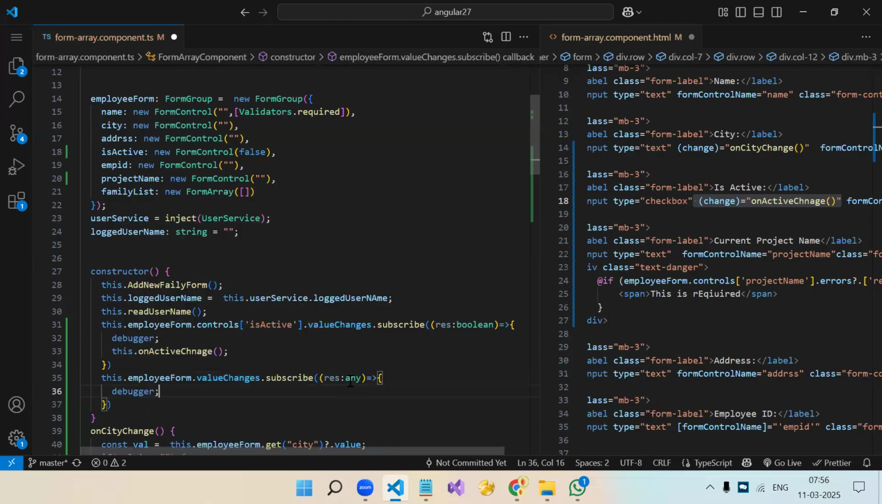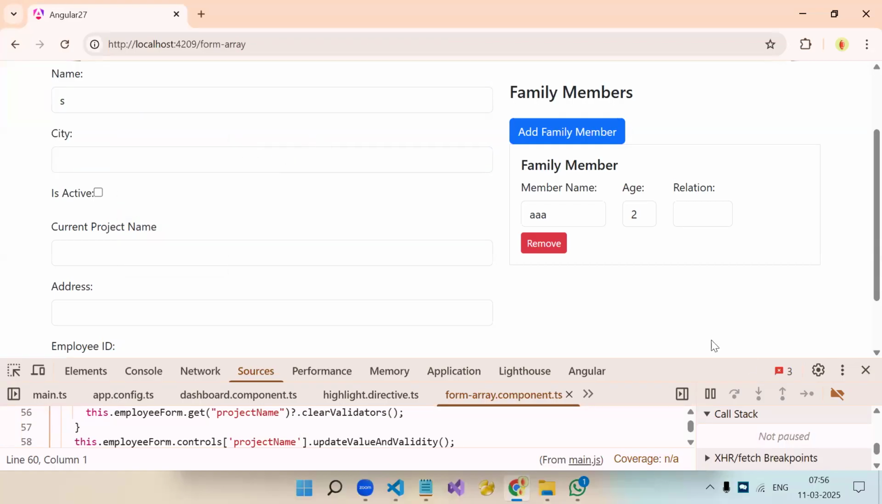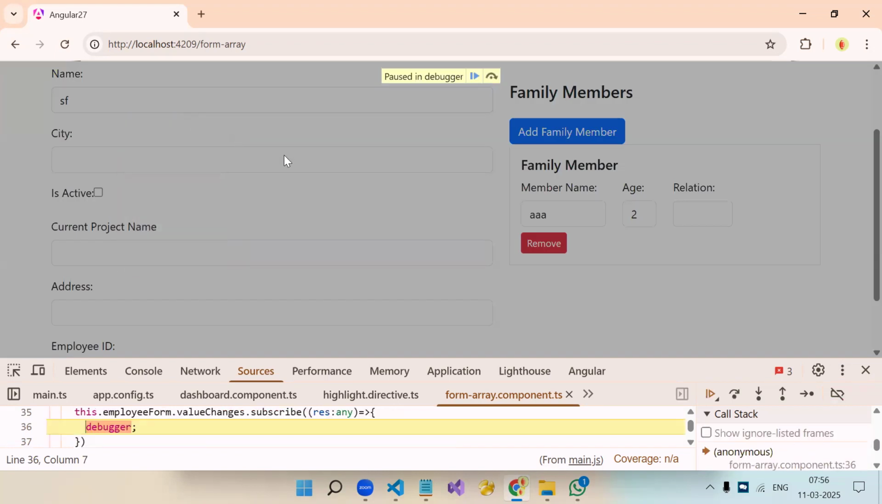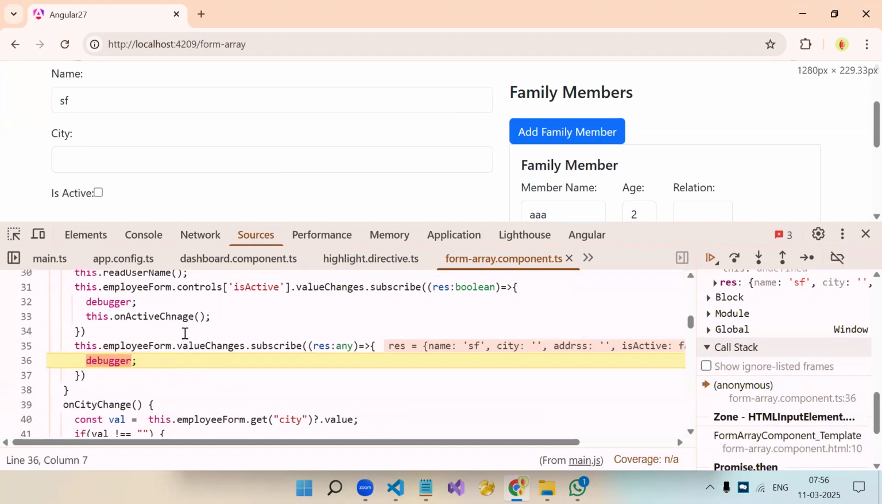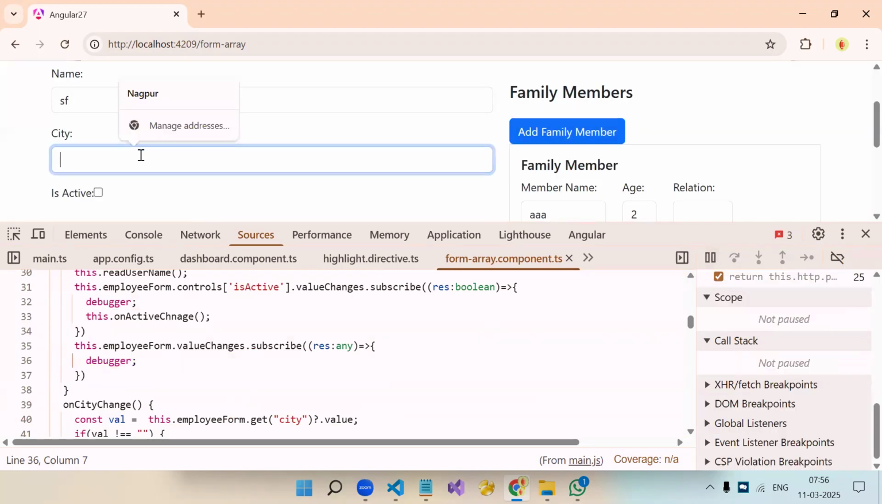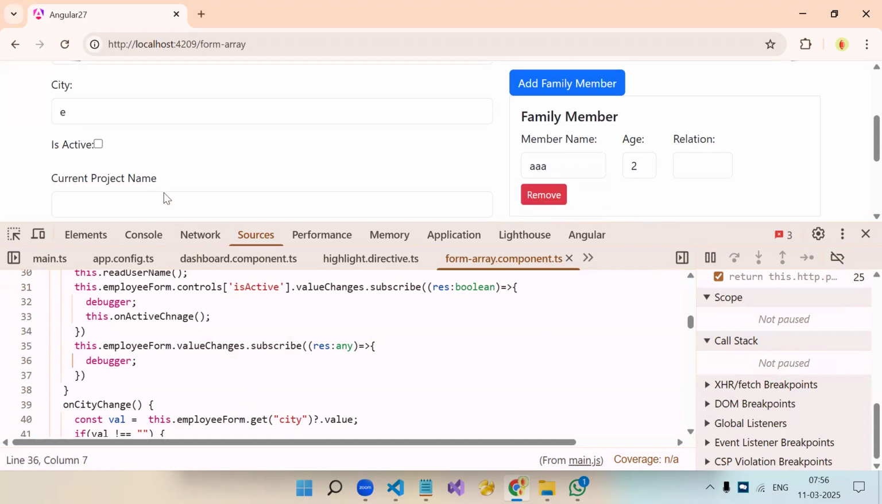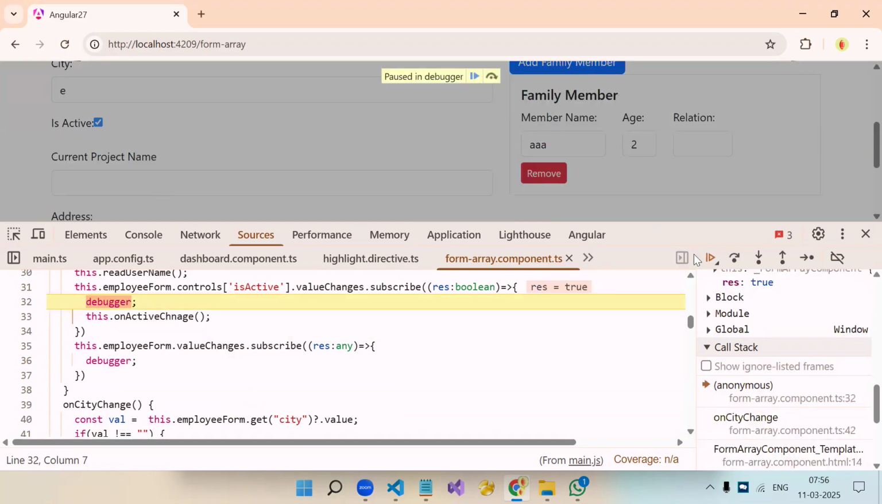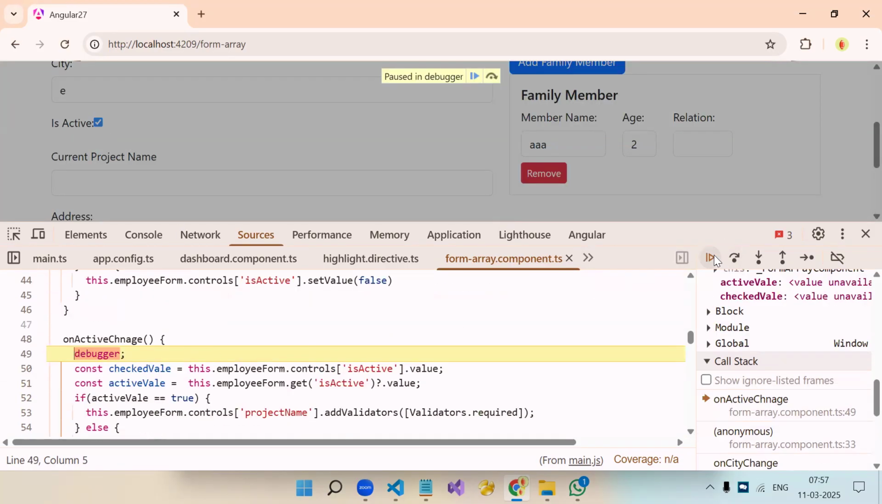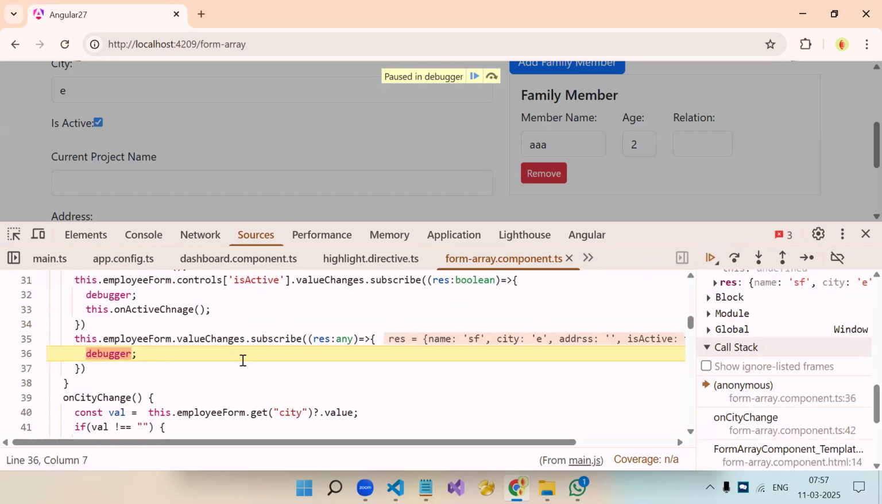Let's write debugger. See, debugger is not... Which got executed? Form value. Okay. If I change the city, this got triggered. If I change this, this got triggered, and then this got triggered. So both the subscribes got triggered in case of